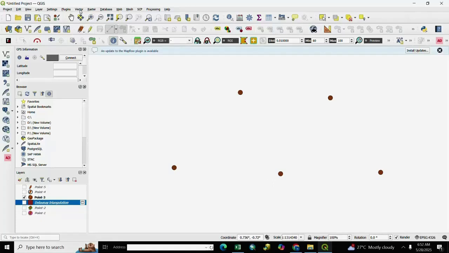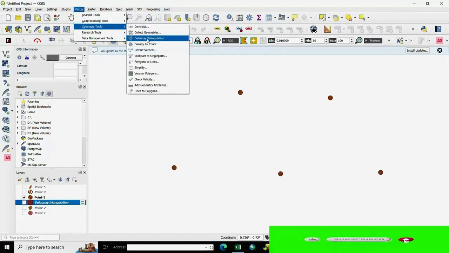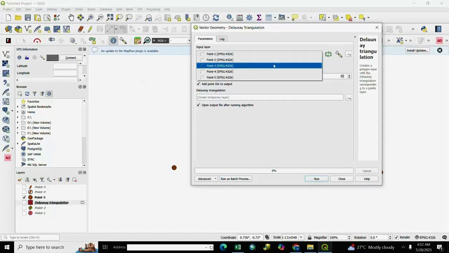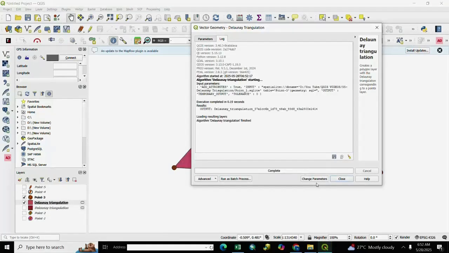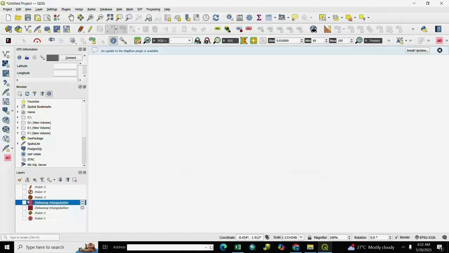For triangulation we go to Vector and Geometry Tools and select Delaunay Triangulation, and we select point 3 and run and close it. You see here your triangulation is created with 5 points, and next, point 4, here is 5 points with 1 center point.